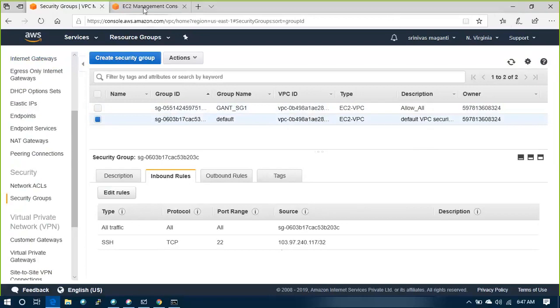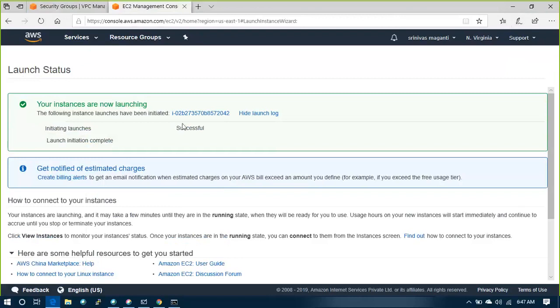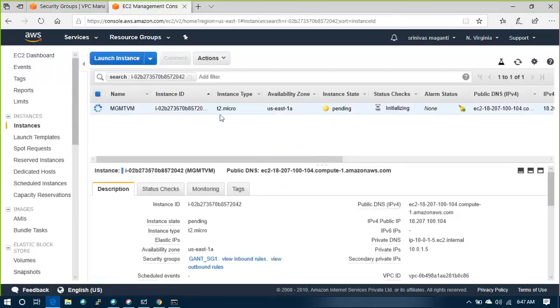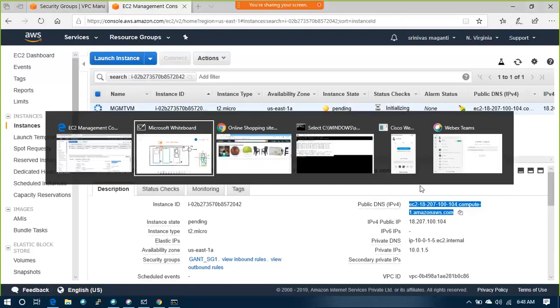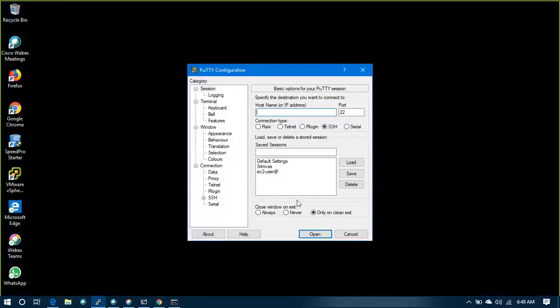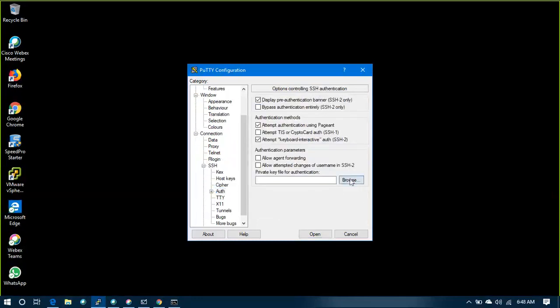Okay, then I'll go to the machine, it is initializing. At the same time, let's go to PuTTY application.